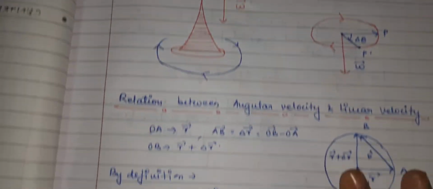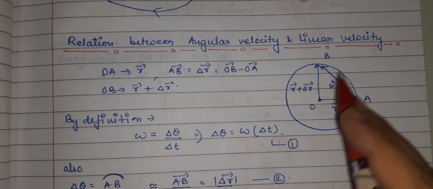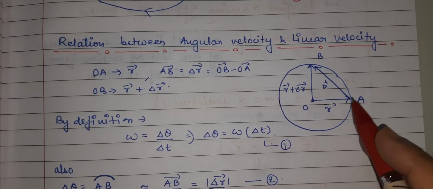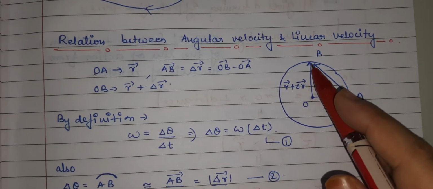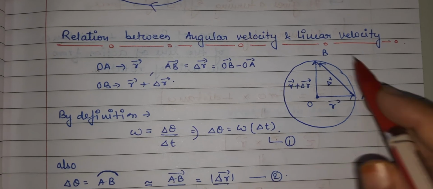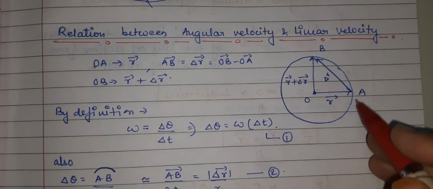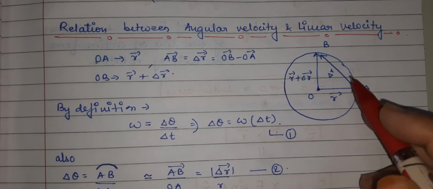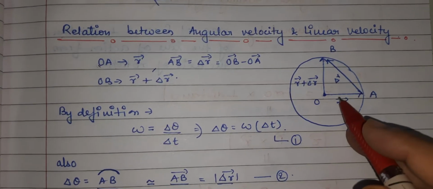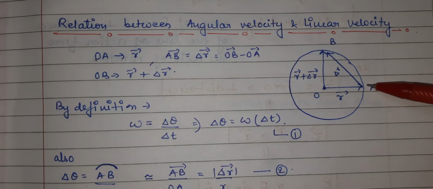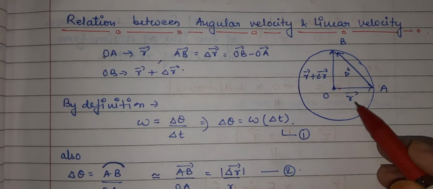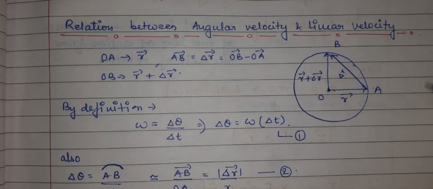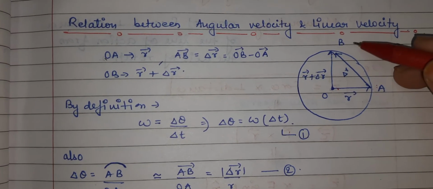If I go mathematically, you can see what I have written. Suppose we talk about the radius vector, and this is a point A and this is a point B. Suppose a particle is moving along a circular path of radius r with a uniform angular speed, that is omega. Now at any time t, suppose the particle is at position A. If I define OA, its magnitude is equal to r.